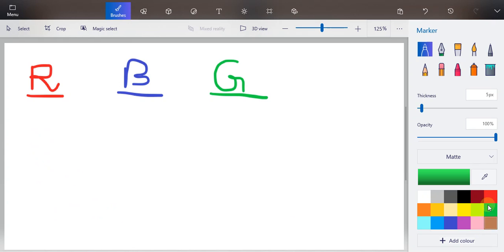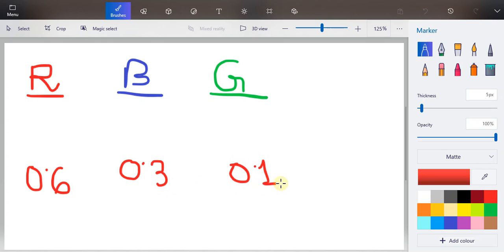So say the outcome for whatever input I have given is, for red it is coming as 0.6, for blue it is coming as 0.3, and green is 0.1. So the total is 1. If I see this outcome, then I can decide that as red has the maximum probability, I will say that my test data is actually red.